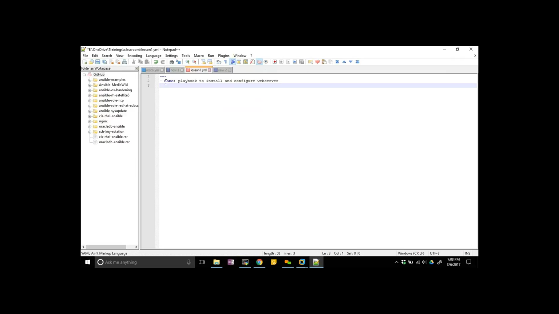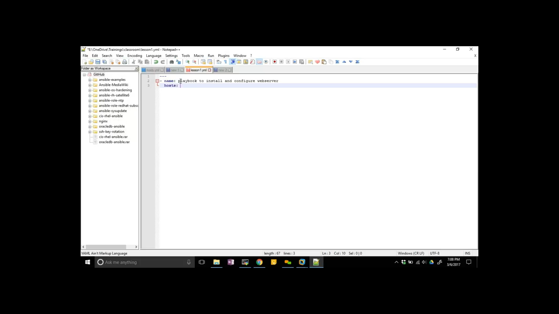This is called the dictionary here. Whenever you write the playbook, these are the mandatory fields. After the three dashes, you have to name a particular section as per your requirement.